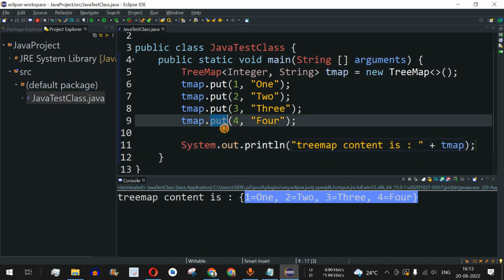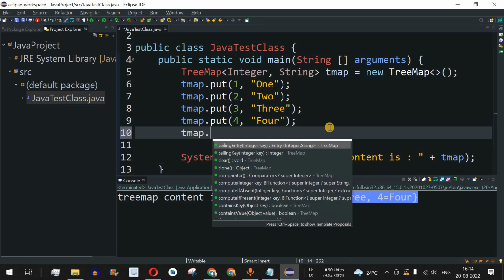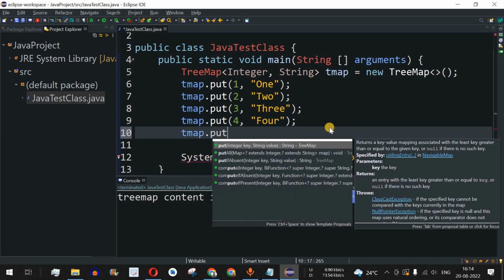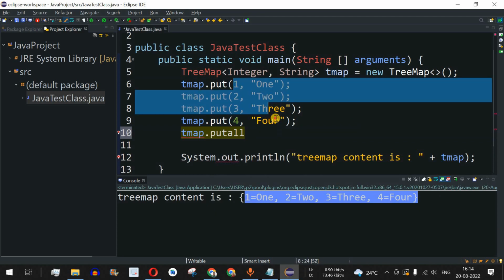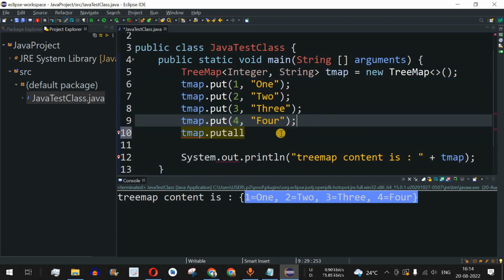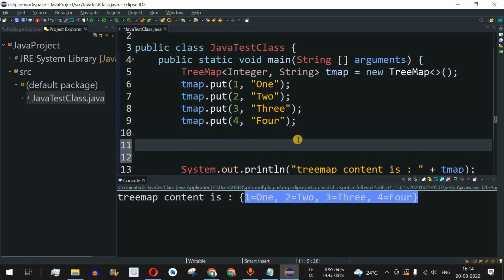Now guys, apart from this put method, we also have the putAll method. So if we type tmap dot followed by putAll, as you can see, it is going to take one parameter, that is going to be the map. So in case you want to copy all these elements from tmap to another object, that is tmap1, let me just create another object over here.